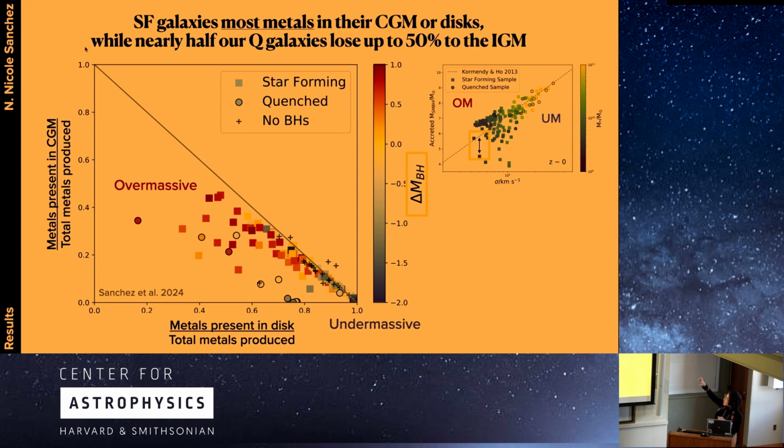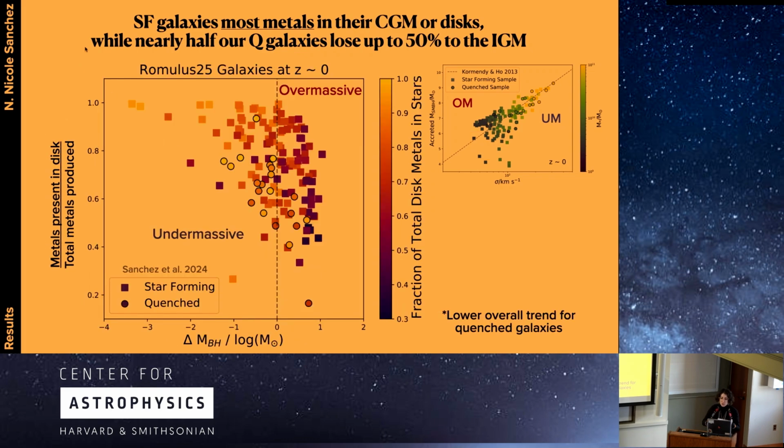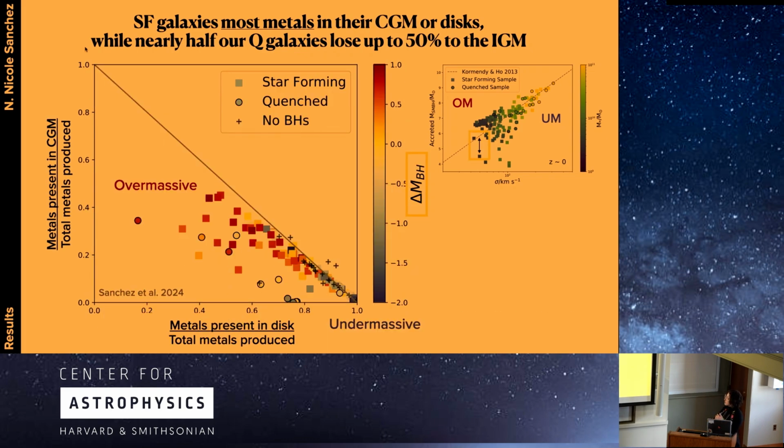So this vertical distance from this line to each point is this delta MBH. And we're going to consider the overmassiveness or undermassiveness of a black hole relative to their stellar dispersion, or as a proxy, relative to the gravitational potential well in which they live. And the other thing that you can take away from this plot is that the majority of the galaxies that contain undermassive black holes for their respective gravitational well,